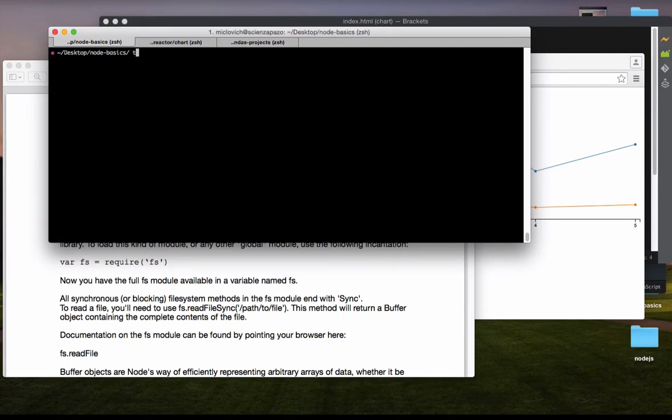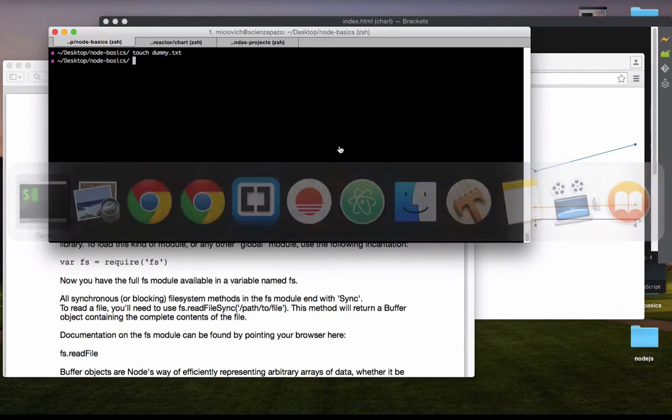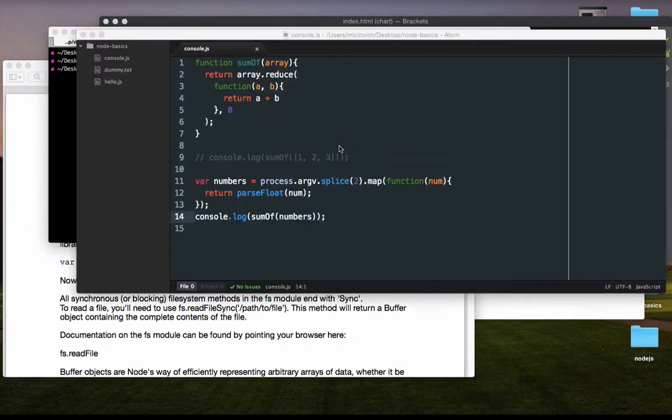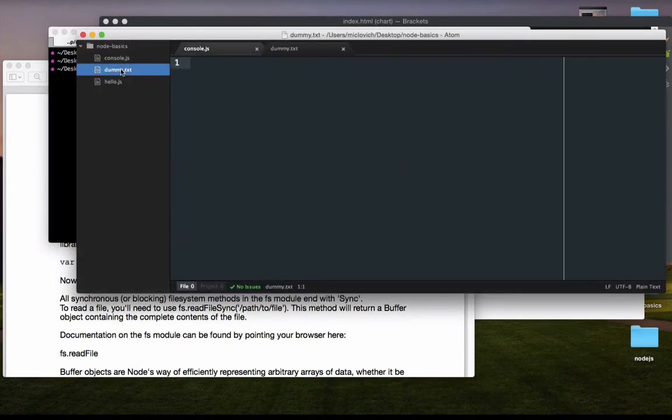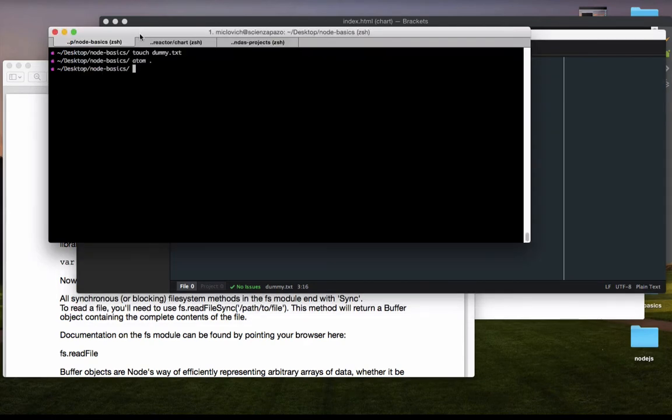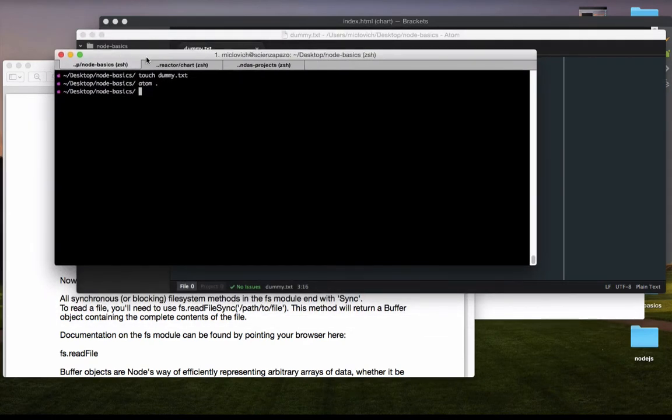So we're going to create a quick dummy text file. And in this dummy text file, I'm going to type a bunch of things. Hi there, you are awesome. Come back again. Well, there's several ways to look at this file, and one such way is to use the